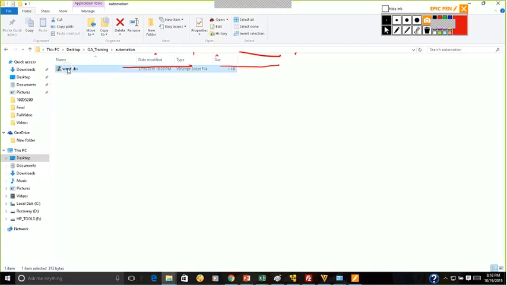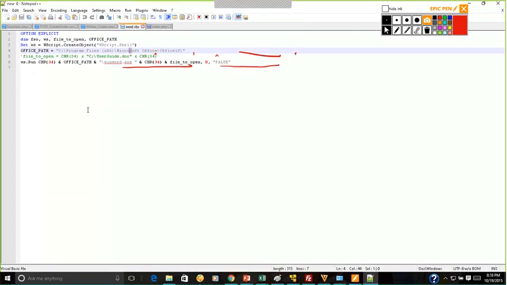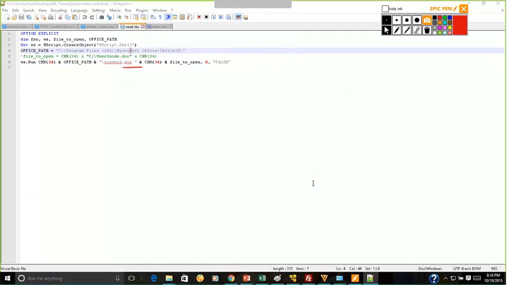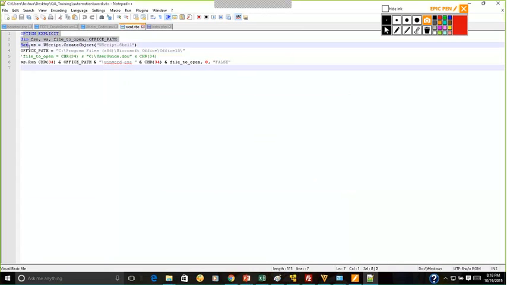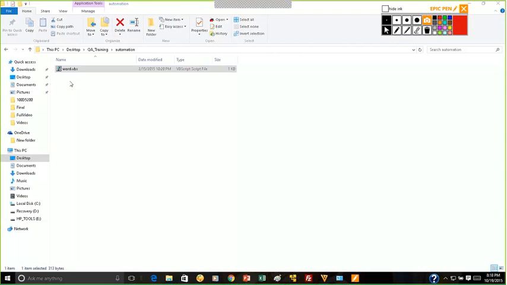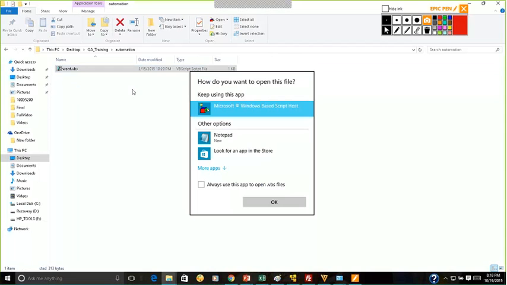Let me open the VBScript. You see here, I've written a simple VBScript where it will go to a specific location and open Word for me. So let's see. I'm going to double click this.